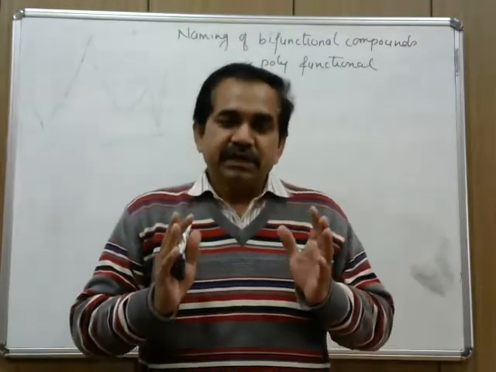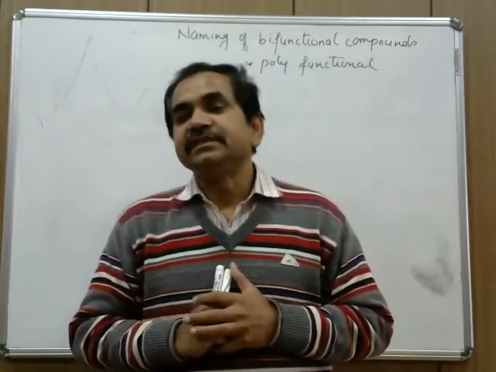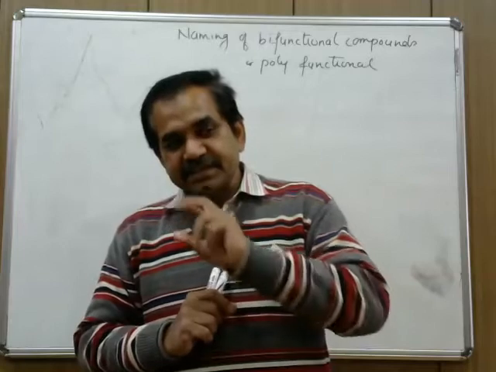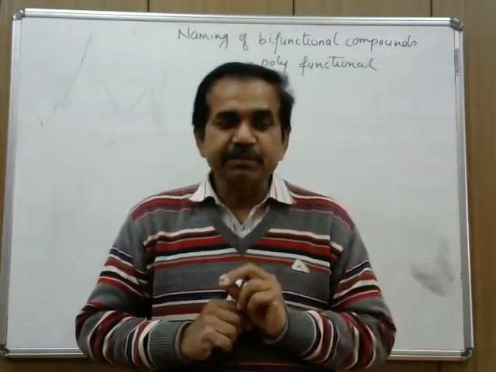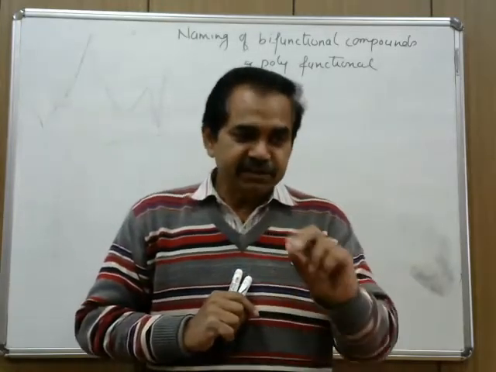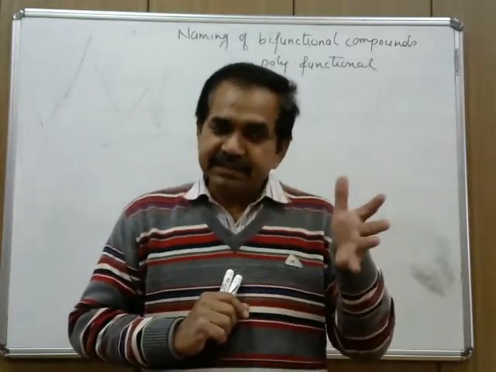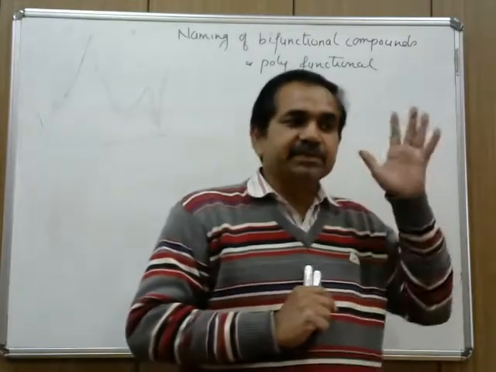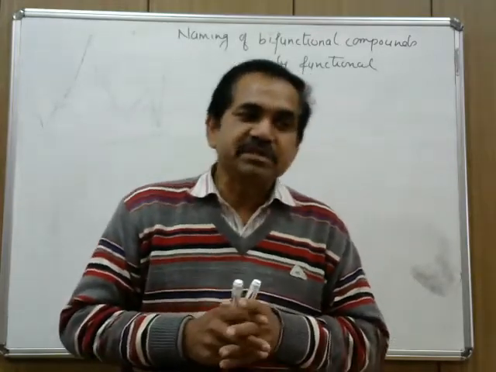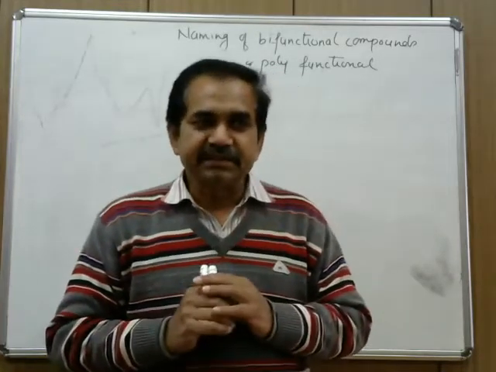So if a compound has two or more functional groups, what do we do? One functional group is treated as the principal functional group, and during naming for it we use a suffix, while the other functional group or groups are treated as substituents and their names are written before the root word, by following all the rules that are used for substituents. This is very simple.